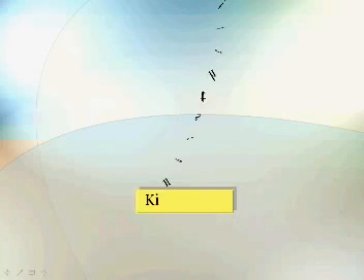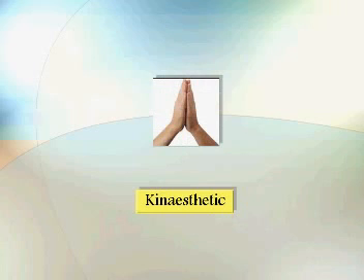The third type is kinesthetic learners. Kinesthetic learners. From the picture, try to guess the meaning of the word. Yeah, we have two hands here. So it's not only about the hands. No, those learners are interested in doing things, in trying out things. For example, if you'd like to cook something and you have the recipe, some students or some people would say, I would like to do it myself, otherwise I will not remember it.